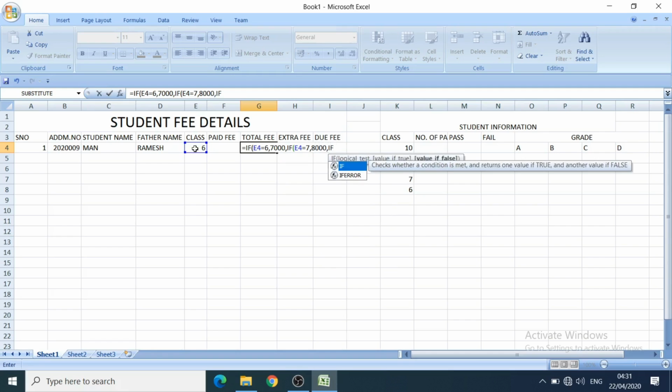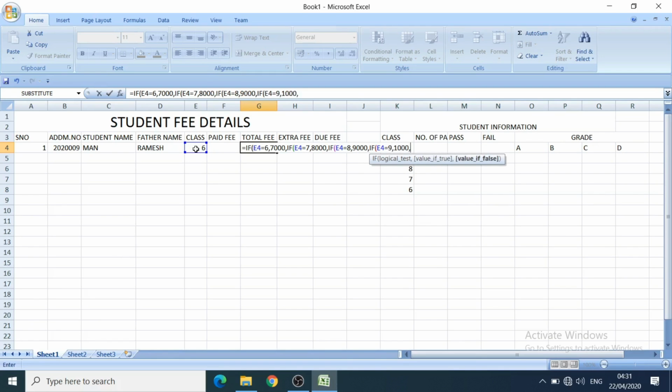If the student is in 8th class, then I want to show 9,000 fee. If the student is in 9th class, then I want to show 10,000 fee.